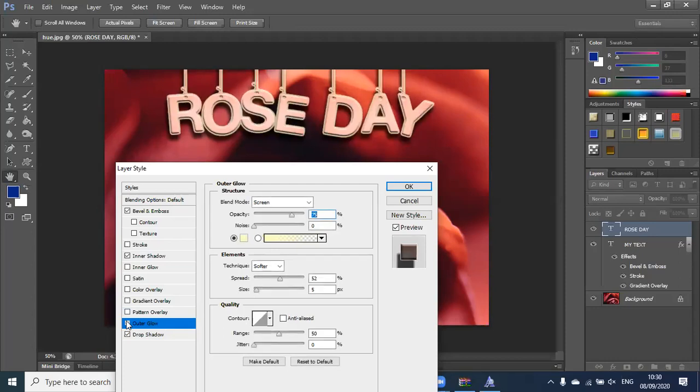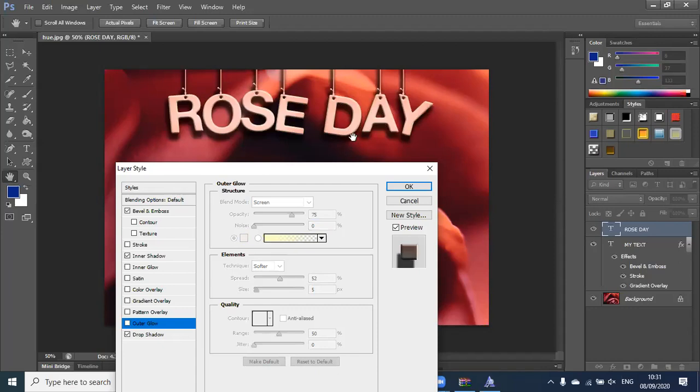Now it completely depends on whether you want to put a shadow or a glow. Usually you don't put both of them together. You can go inner shadow with outer glow, it will look good. But if you have already put an outer shadow, then putting an outer glow will not make sense. It will look like it's either light or dark. You can't have both at the same time, right? So choose what looks good. In my case, I was happy with the drop shadow.